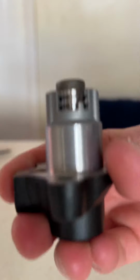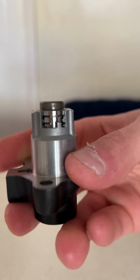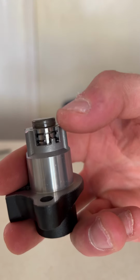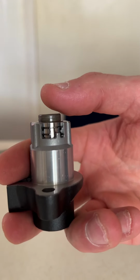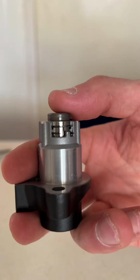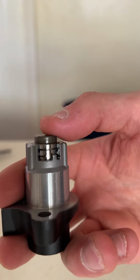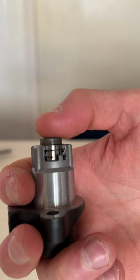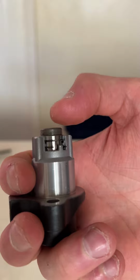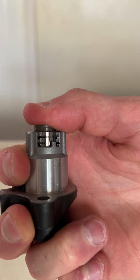As you will see, it is in locked position, and the piston is not able to go out until I put some pressure on the top of it. According to the manufacturer spec and repair manual, the only way to tension it is by rotating it, and that is true. Once we install this in the engine, the piston itself will touch the timing chain guide and put a little bit of pressure, and then you'll see,